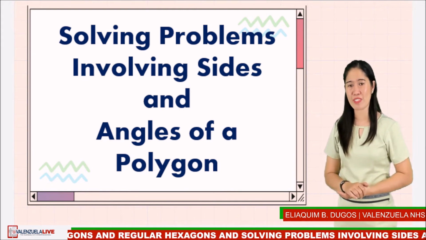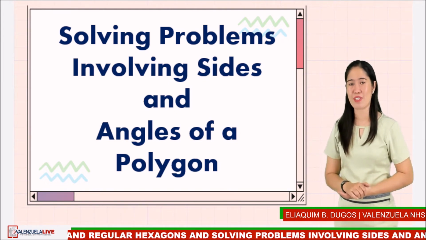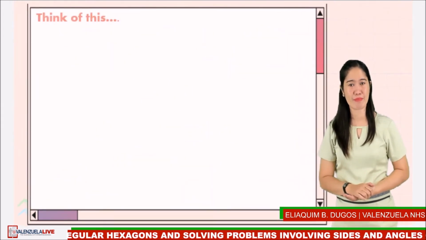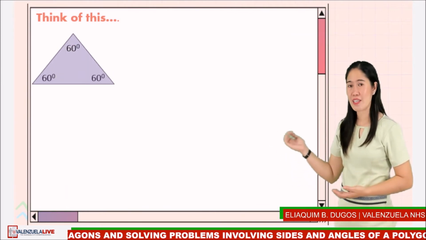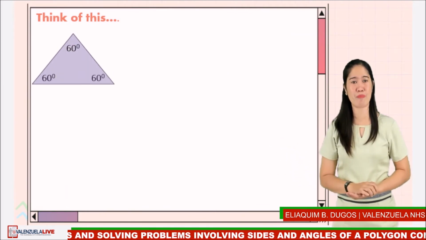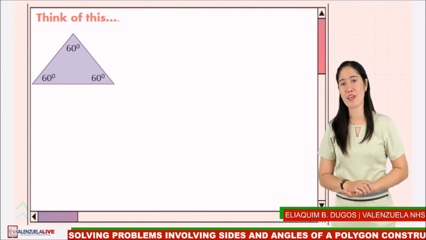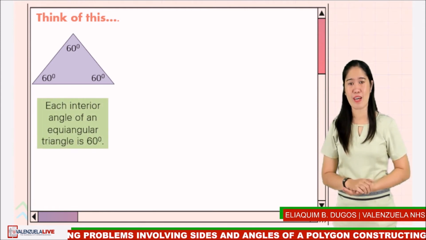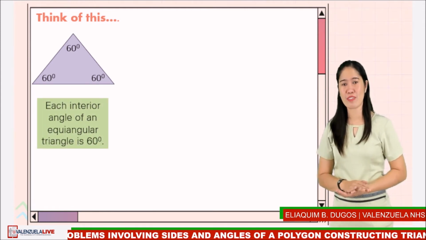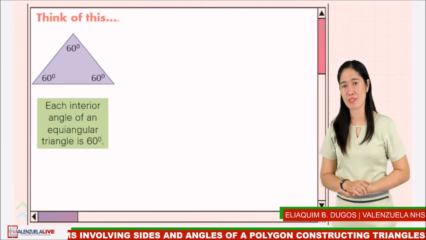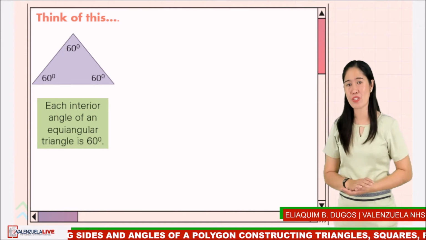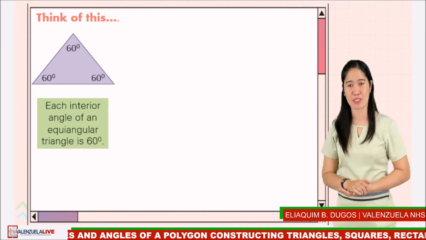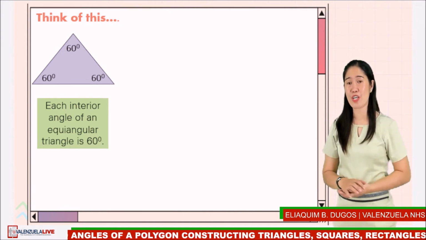For us to understand this better, let's think of this. The given triangle is an equilateral triangle. An equilateral triangle has 3 equal sides. Each interior angle measures 60 degrees. Thus, one triangle measures 180 degrees. Figure number 2